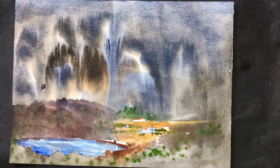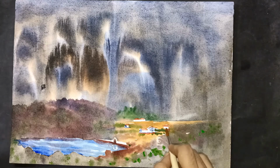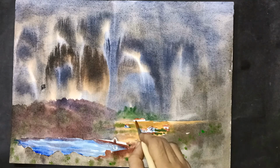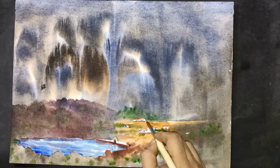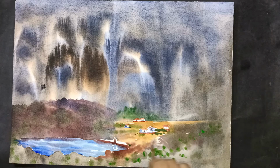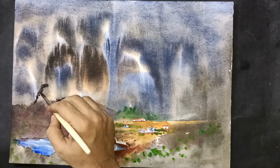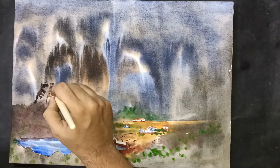So now I'm dealing with smaller shapes because I'm done already with the bigger ones. And also notice that I'm using a very small brush, which I always use for detailing. So it's from vague to specific, or again from soft to sharp, or in other words, from big to small. I'm talking in terms of shapes and sharpness. As I'm telling, please notice I'm using smaller dots and lines, and some of them are going to retain their shape, but some are not, which is perfectly okay because I have designed the painting in such a manner